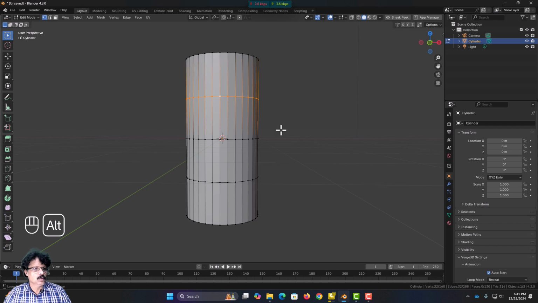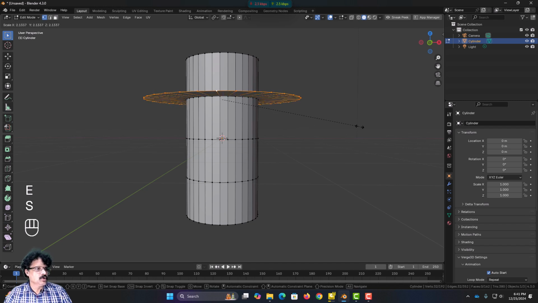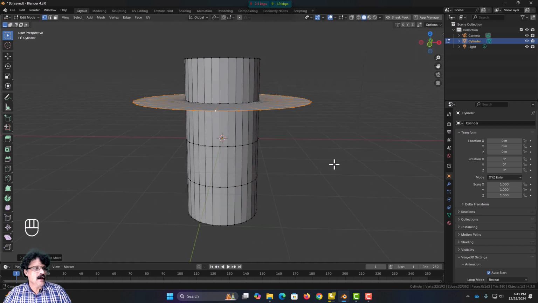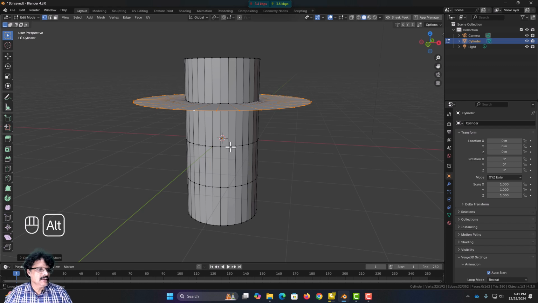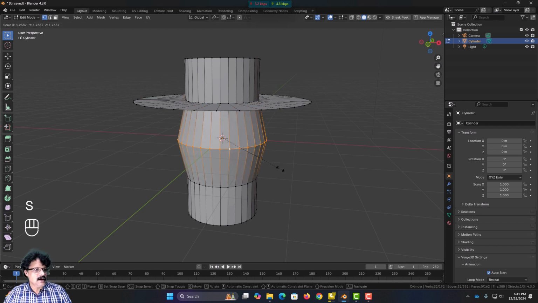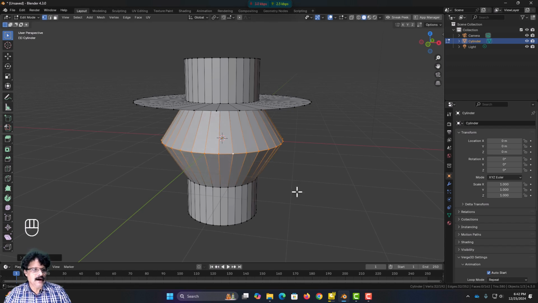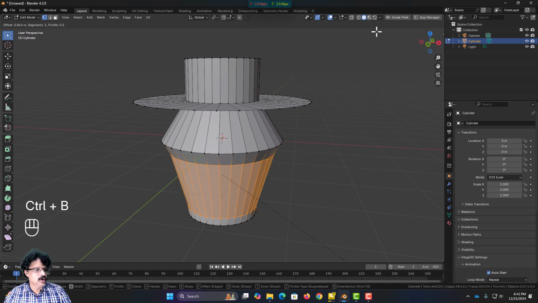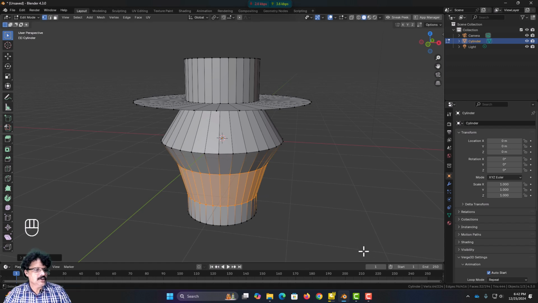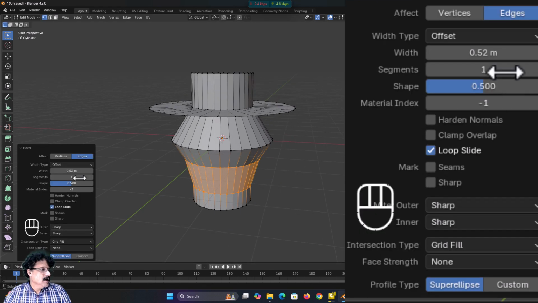I will alt click this loop cut, select this, and I am going to press E and then S, and I am going to scale it, and create an extrusion like this. Then I will come over here and select the next loop cut here. I will press S and scale it like this. I will create some kind of a shape here, and similarly I will select the last one here, Control B, and I am going to add a bevel here, and I will just open this bevel and increase the segments here, and I am going to change this like this. So I will add some 0.66